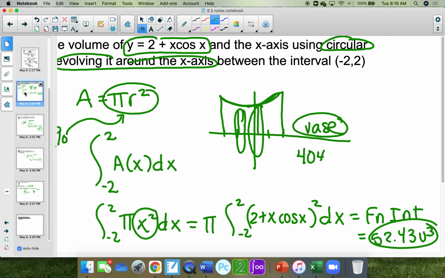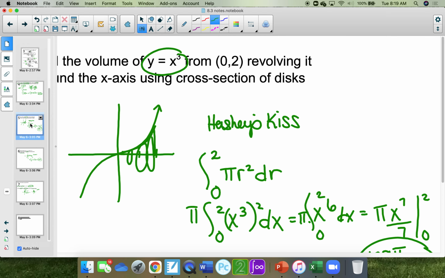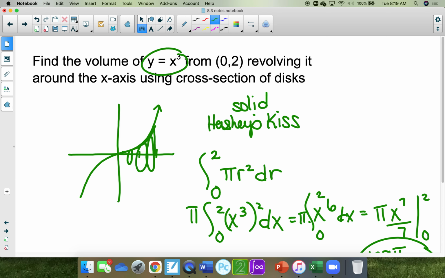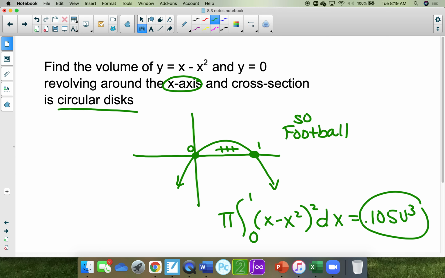If you look at all of these, this makes a solid base when you revolve this around the x-axis. This makes a Hershey's Kiss, a solid Hershey's Kiss. This one right here makes a solid football. But this one,